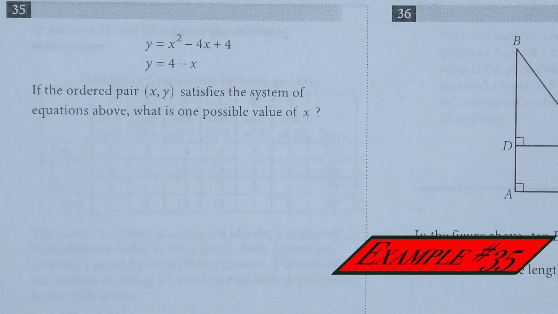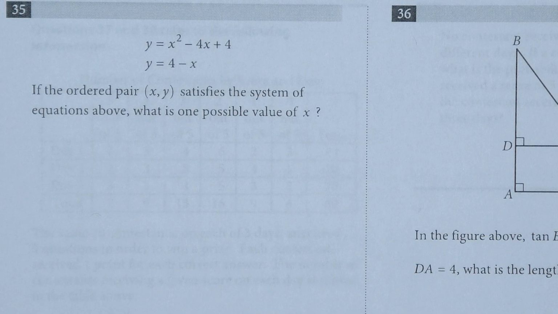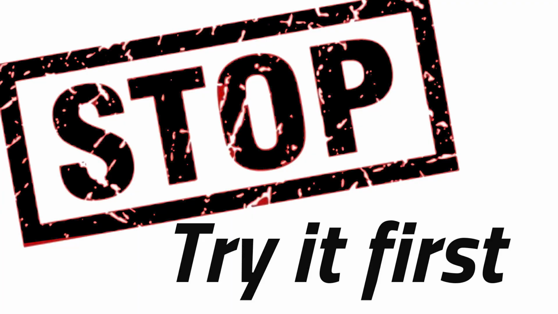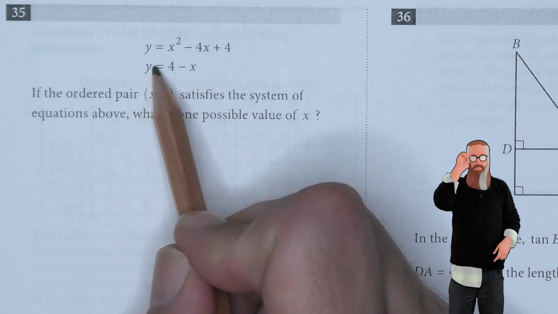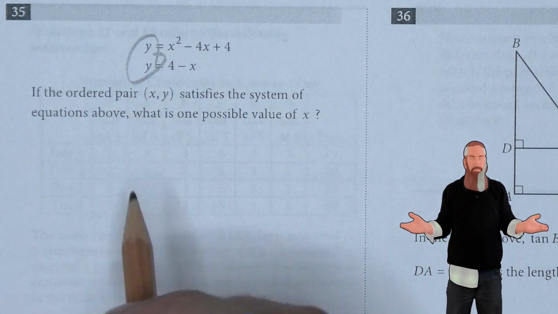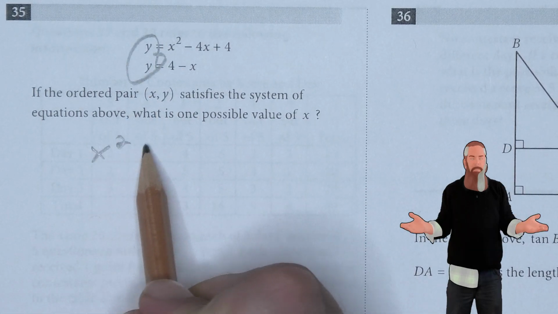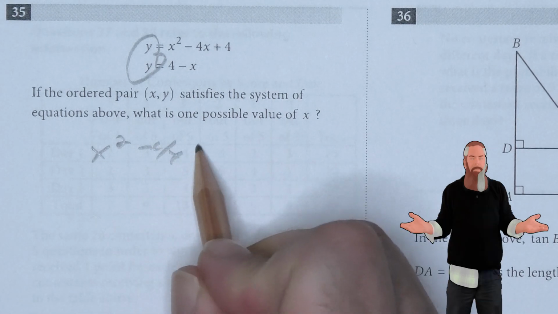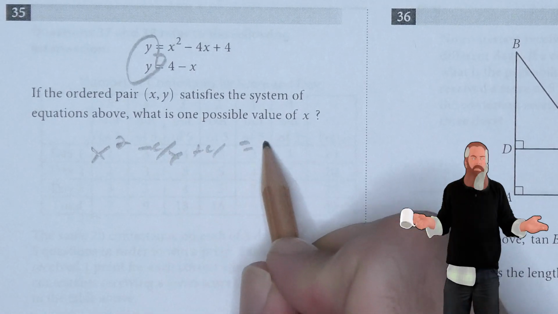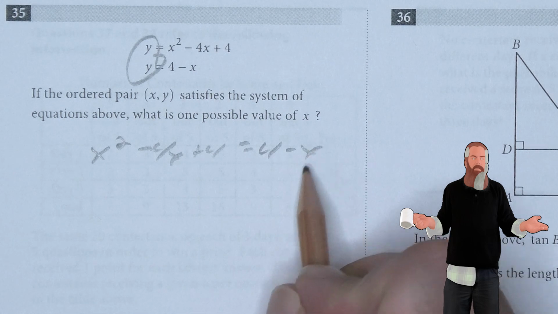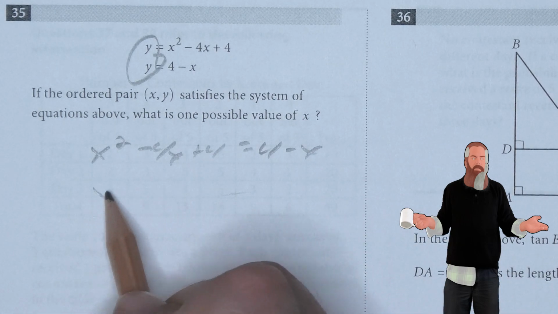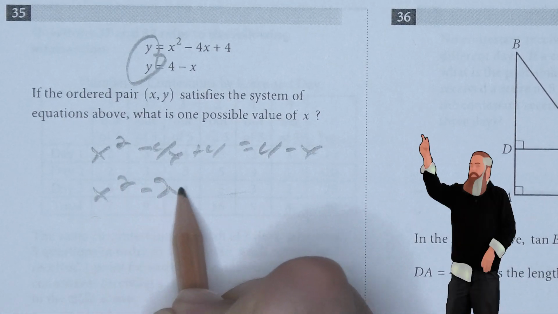If the ordered pair xy satisfies the system of equations above, what is one possible solution of x? Well, what we're going to do is go ahead and do some substitution, since they're both set up equal to y. This is going to give us x squared minus 4x plus 4 is equal to 4 minus x. Now we're going to move everything to one side of the equation, giving us x squared minus 3x